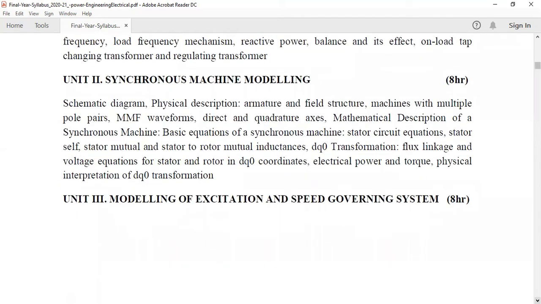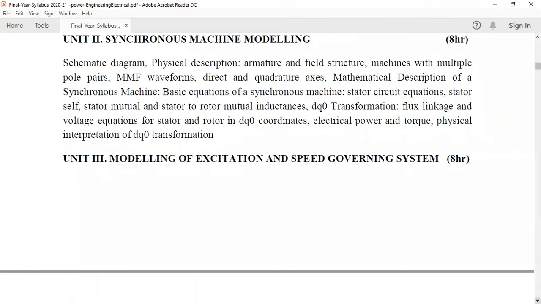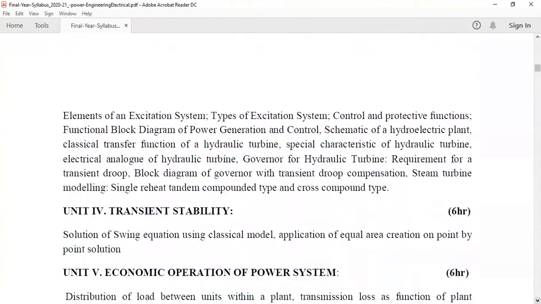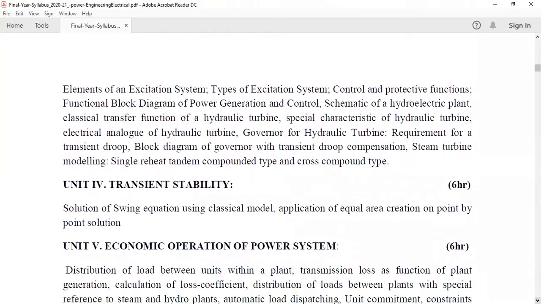The third unit is for the modeling of excitation and speed governing system. In this, we will see the elements of an excitation system, types of excitation system, its control and protective functions, then functional block diagram of power generation and control, schematic of hydroelectric plant, classical transfer function of hydroelectric turbine, special characteristics of hydroelectric turbine, electrical analogy of hydraulic turbine,